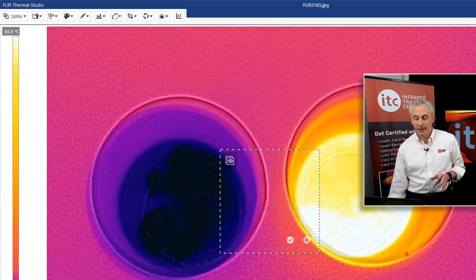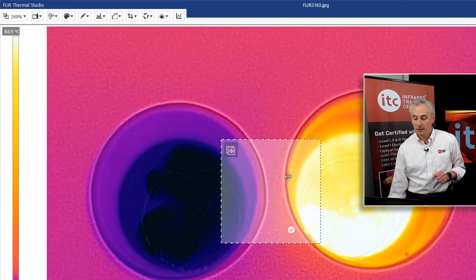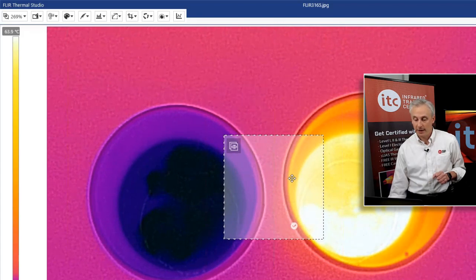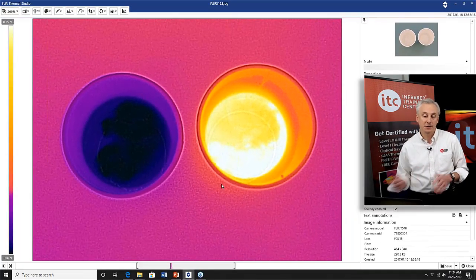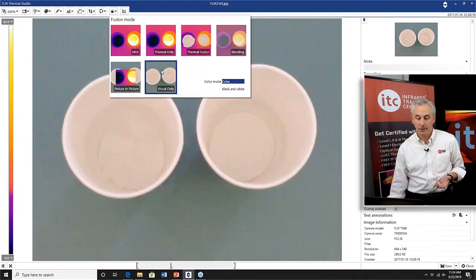So this is a little bit off. This outer ring is the edge of the cup. Okay, so I can line that up just by dragging this box. And we can line that up as best we can, like that. And then once you get it set, just click the check mark. You're good to go. Right, so now, if we toggle between the MSX and the visual camera,